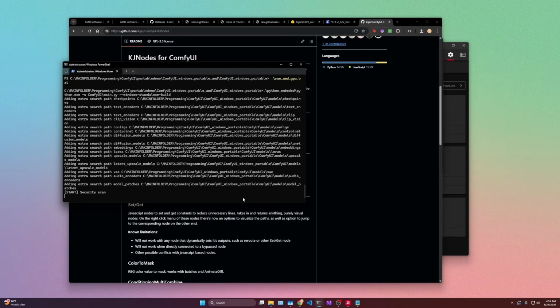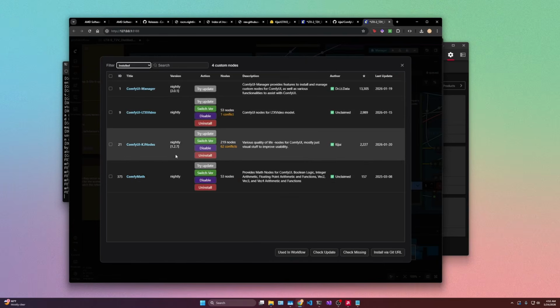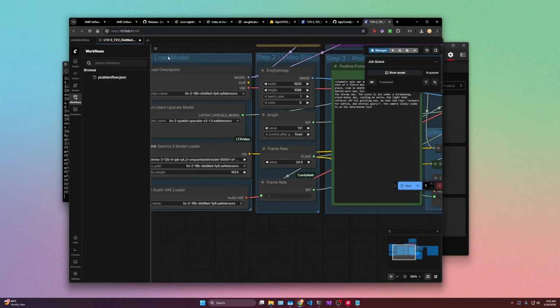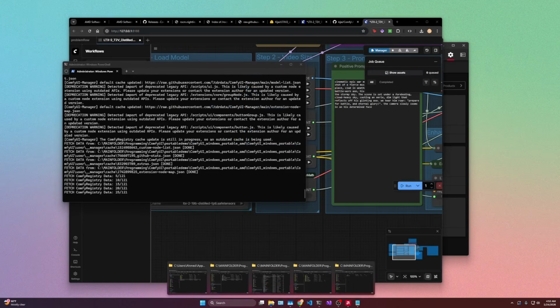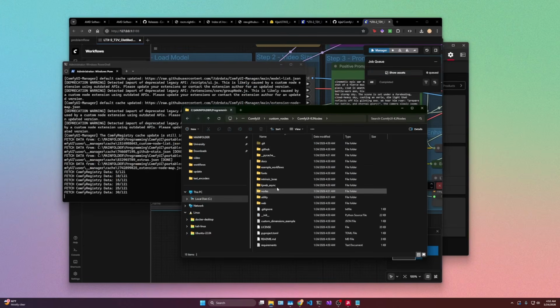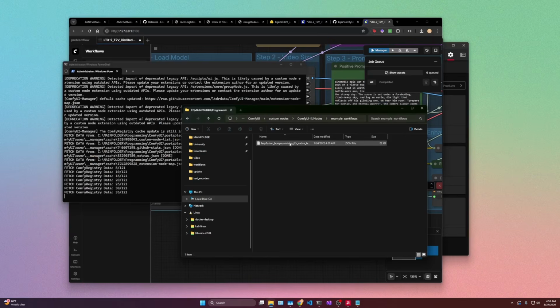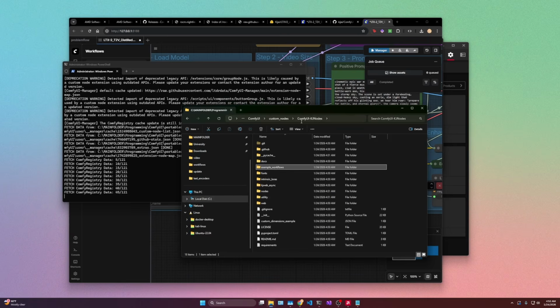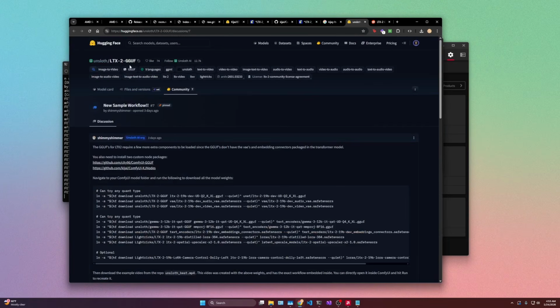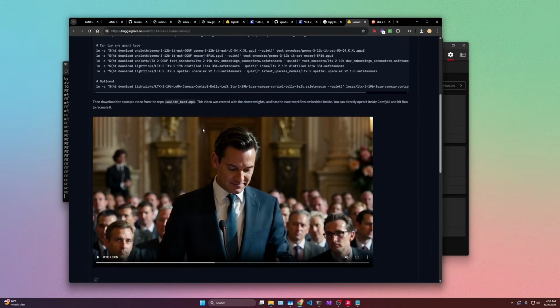Let's run ComfyUI again. Okay, so this time it didn't say that it failed, and that's amazing. And now if we go into the directory for this custom node, and go to the example workflows, we will see this is the workflow that we saw over there. But there are workflows for the LTX2 GGUF made by KJ. So I found this Hugging Face link. Wow. This workflow is using the quantized LTX2 model. So it asks us to download